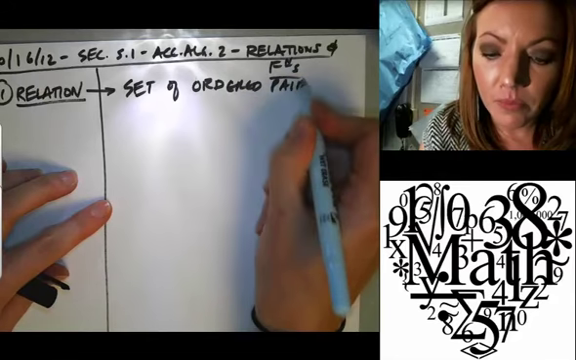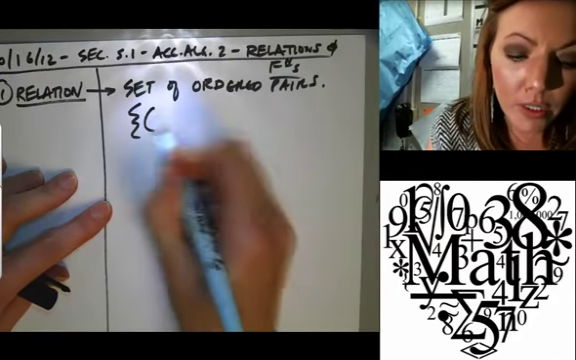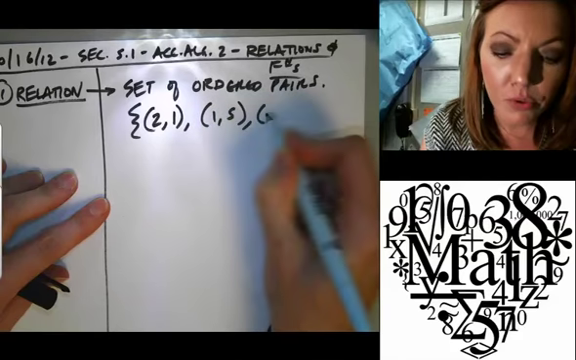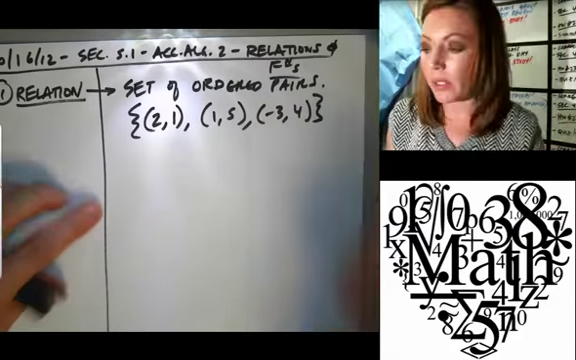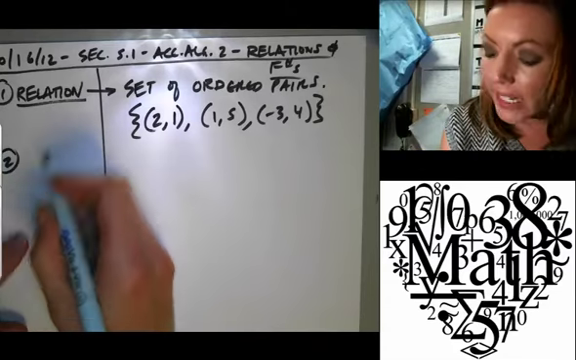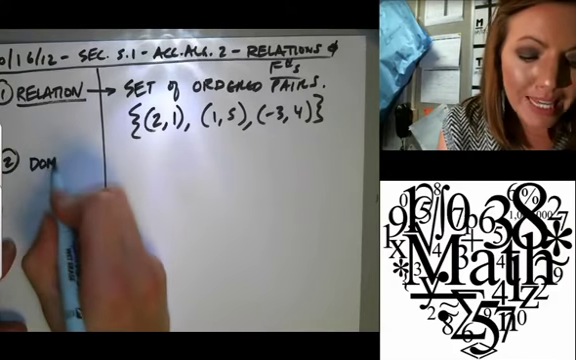So, in other words, we can have something that looks like this. -3, 4. This would be a relation. We have a set of ordered pairs there. So a bunch of them combined. All right, so within a relation,